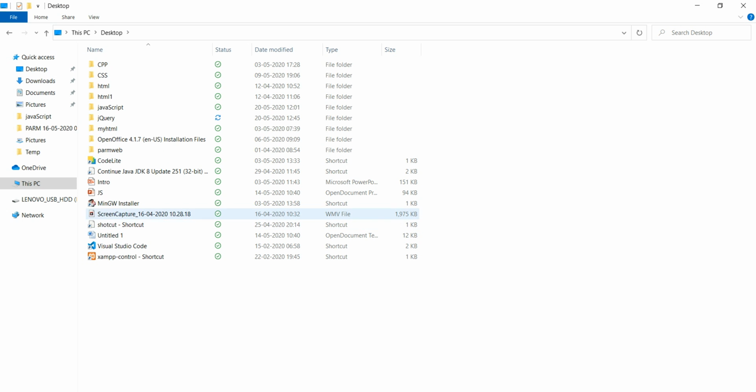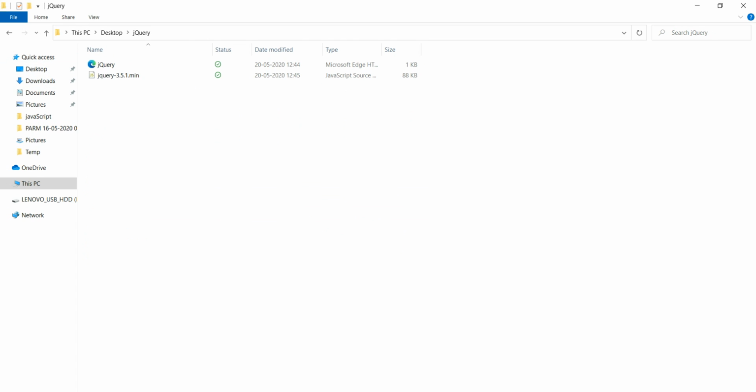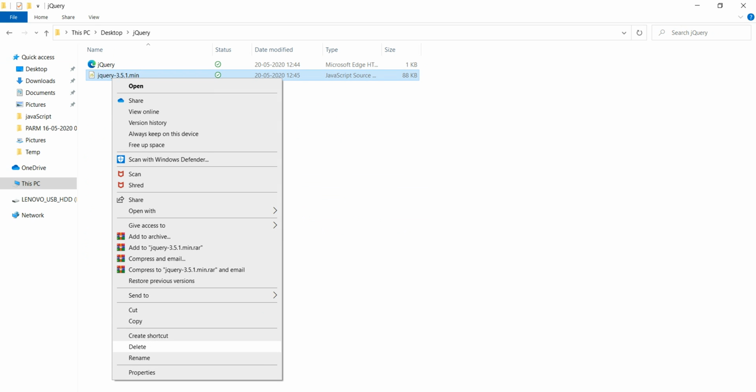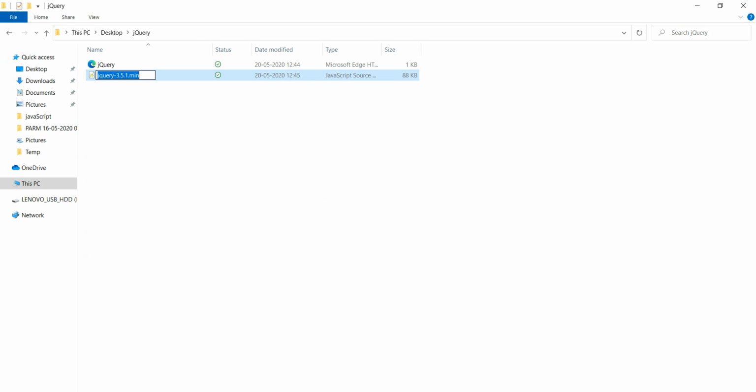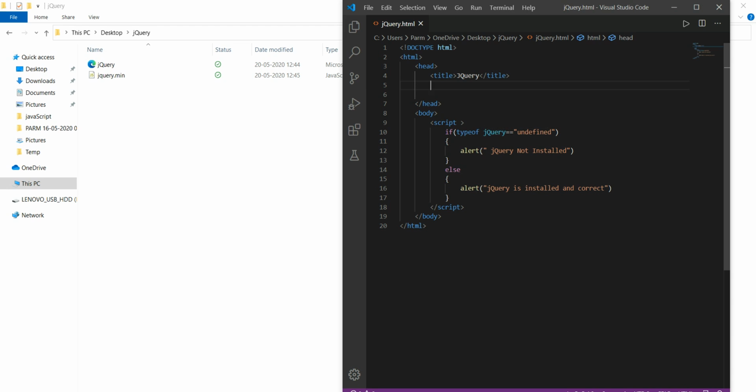Now look at this file on the desktop. We go to the jQuery folder and rename this file to jQuery.min. This time we have to include it locally.